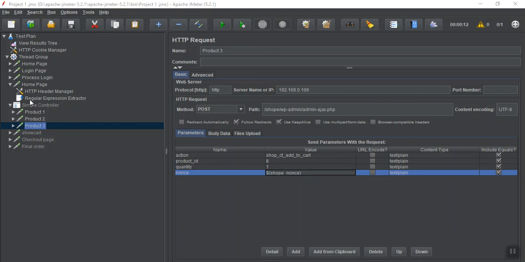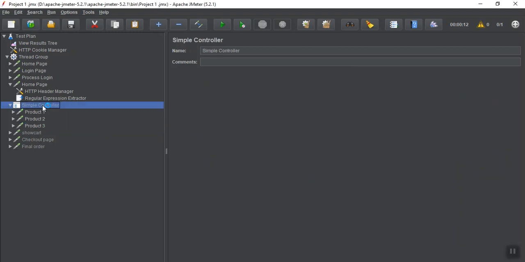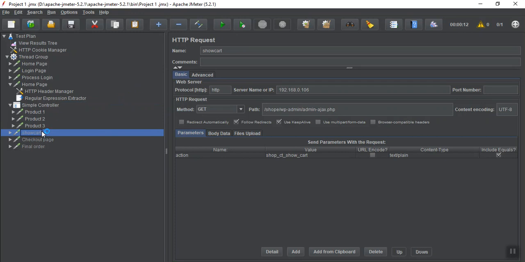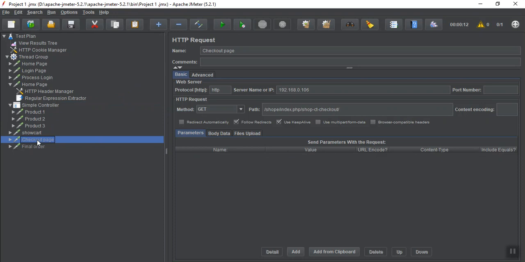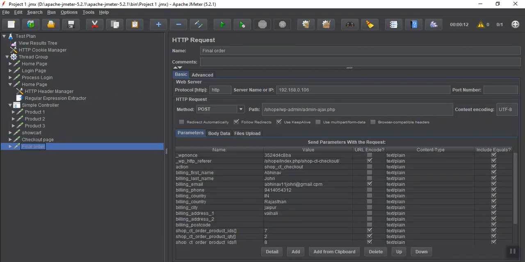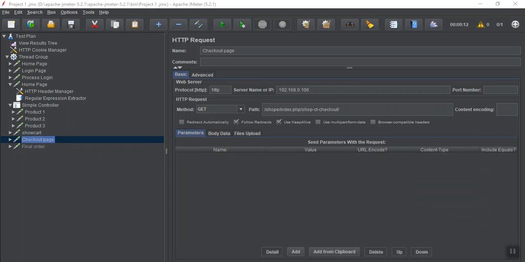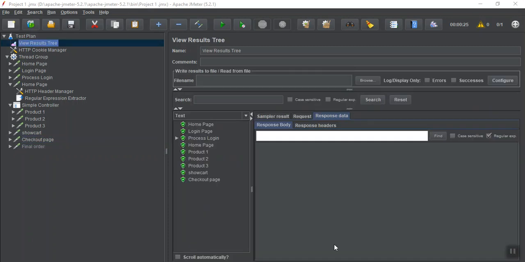Now what can we do, just enable it. We will run it, Control T. See, there is no such variable here. Control T in checkout also, but now in finalize order, see, we have WP nonce here. So be with me. Let's check out the WP nonce. Let me run it. So see, it ran perfectly.